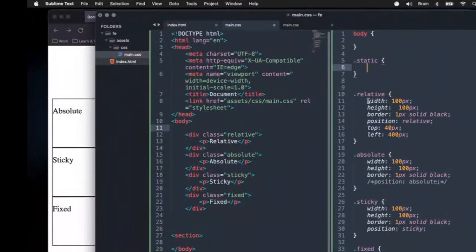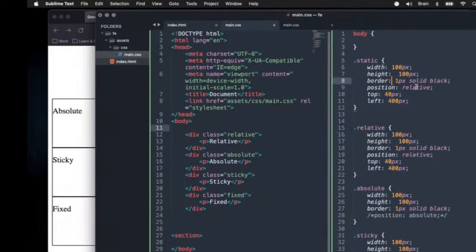By default, though, your elements are static. So I'm just going to remove some of these items we have there, paste it here, and change this to static. Then I'm going to create